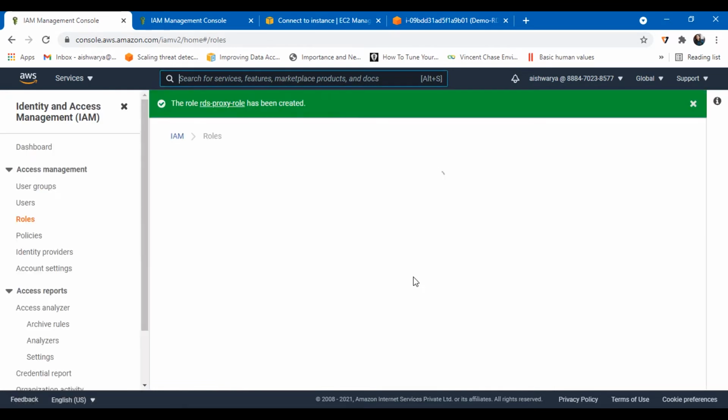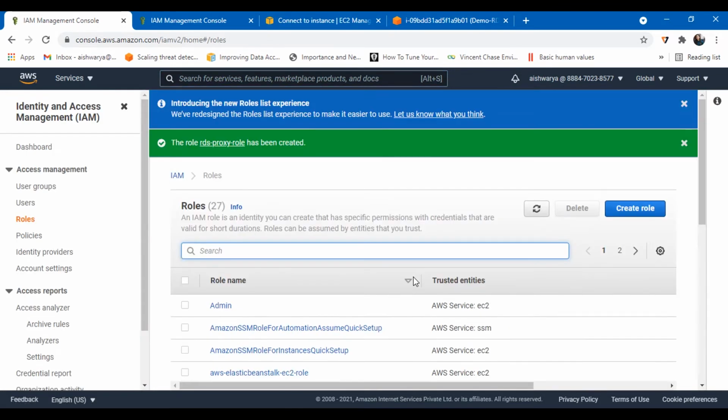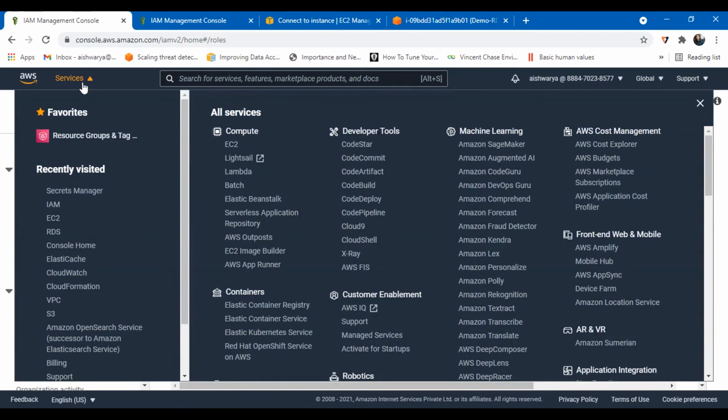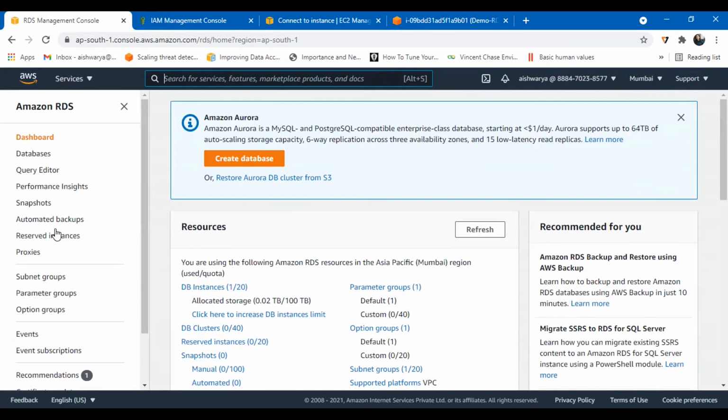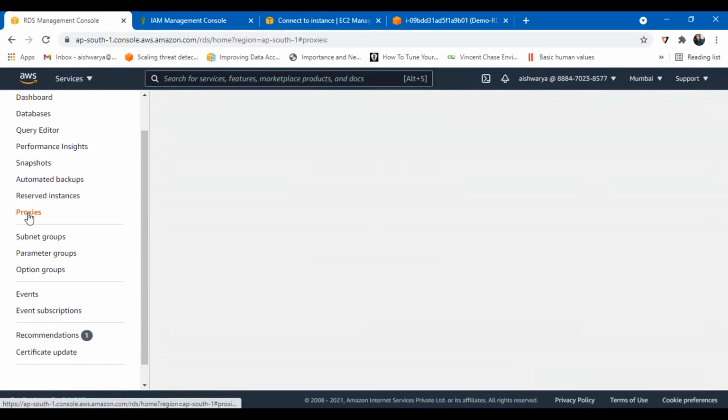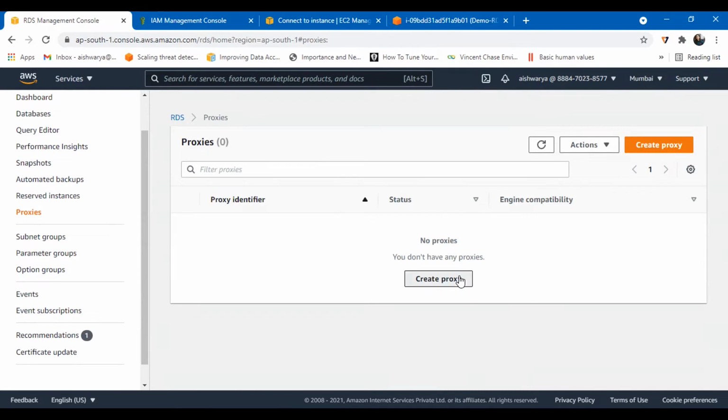So the role has been created, and now we will proceed with the process of creating the RDS proxy. For that, let's go back to the RDS console, and from there we will be able to create the proxy. From here in the left navigation pane, select the Proxies option and then click on Create proxy.